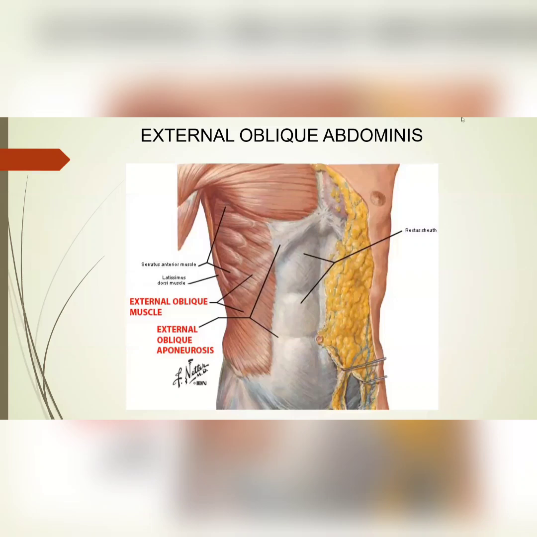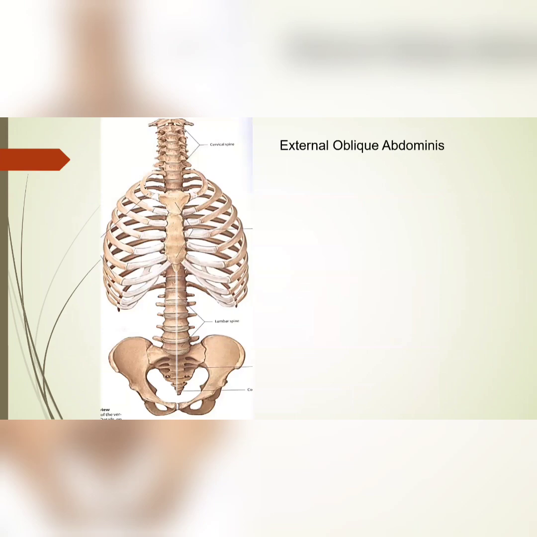So first of all, let's look at the attachments of external oblique. We looked at the attachments of rectus abdominis. Rectus abdominis was having its origin from the pubis and insertion onto the thoracic cage, whereas the external oblique muscle will be the opposite of that. That is, the origin of external oblique muscle is from the thoracic cage, from the lower 8 ribs, the xiphoid